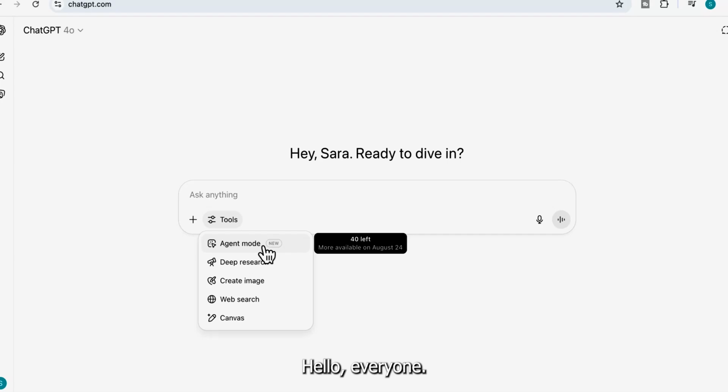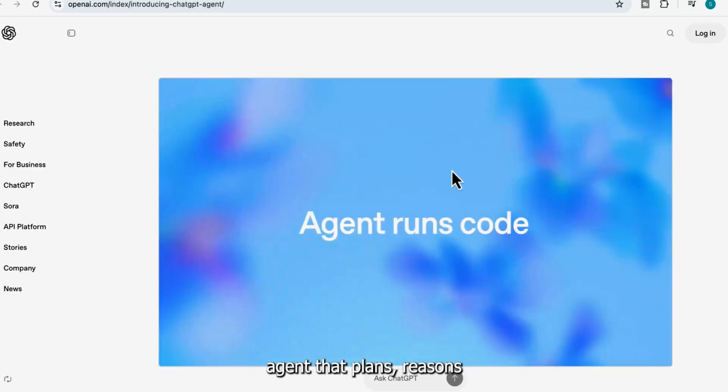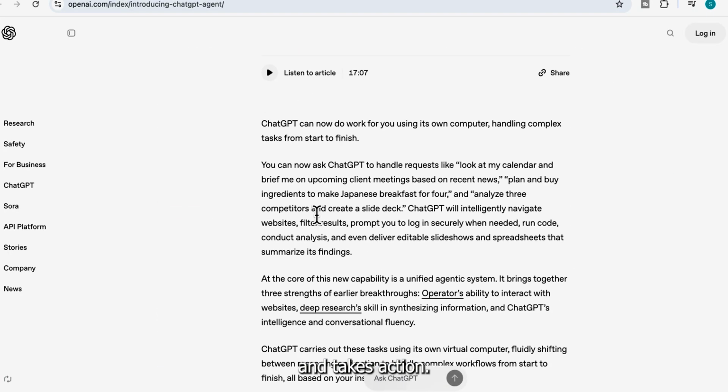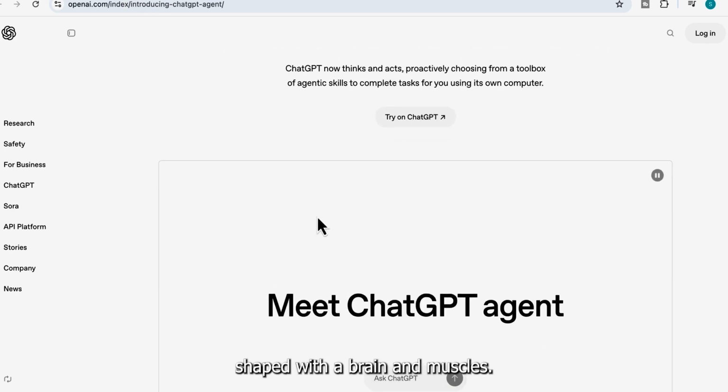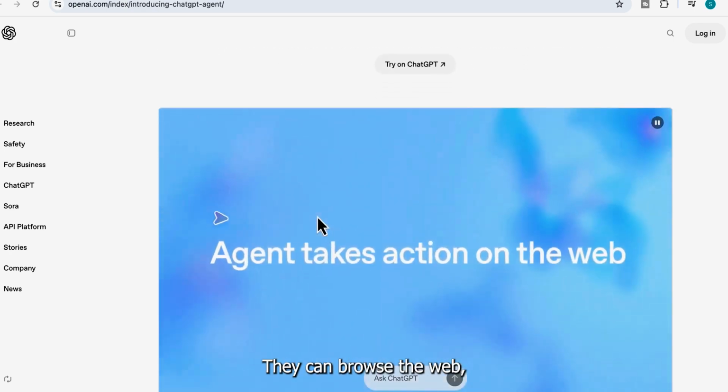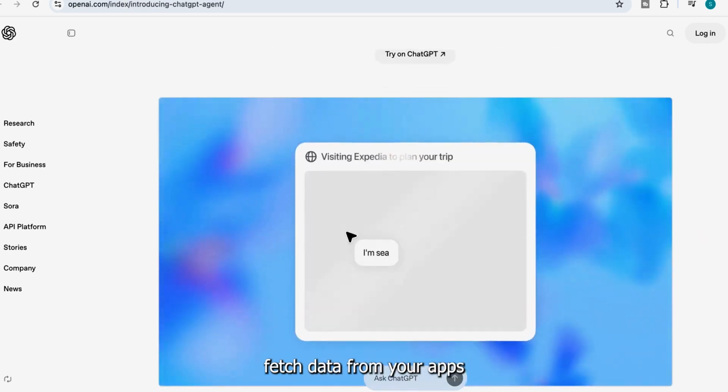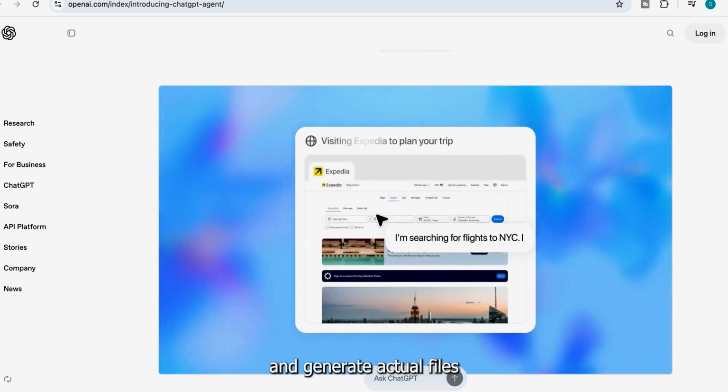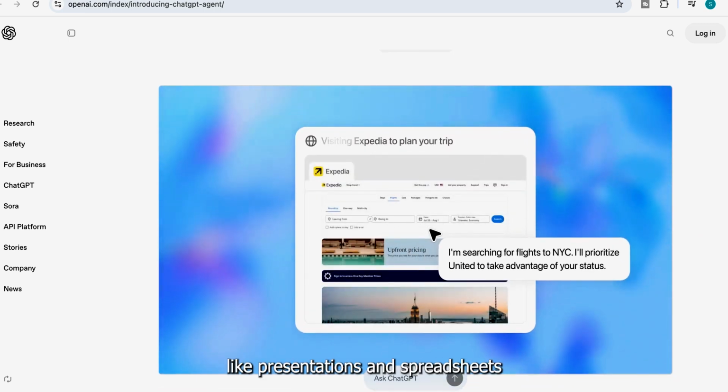Hello everyone, ChatGPT Agent is finally here, and this is not just another upgrade. This is a general purpose AI agent that plans, reasons, and takes action. Think of it as ChatGPT with a brain and muscles. They can browse the web, run code, fetch data from your apps, and generate actual files like presentations and spreadsheets,